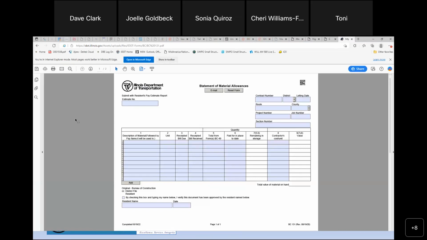A lot of the IDOT forms today are PDF format. They're a fillable form. So if it's a gray box, these are the ones you can actually put something in. If it's one of these here and I try to put something in, it won't let me do it. But these are just some of the forms. The reason I want to mention material allowance,